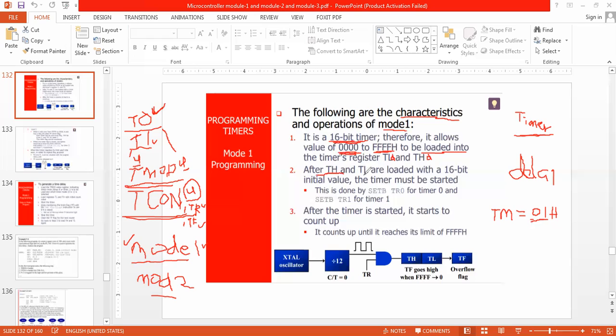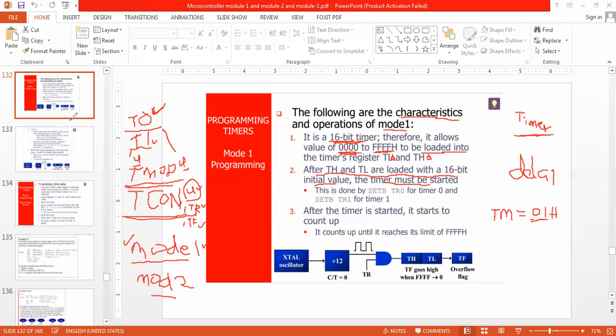After loading TH and TL with a 16-bit initial value, the timer must be started. So how do I start the timer? For that, I have the upper 4 bits of the TCON register: TF1, TR1, TF0, TR0.